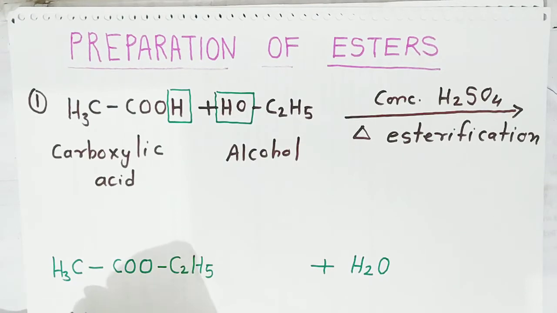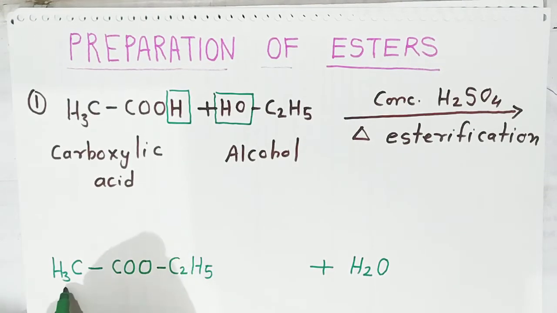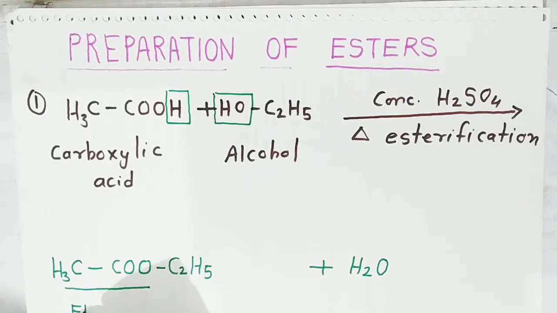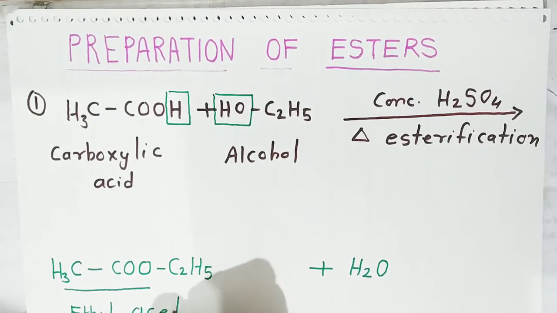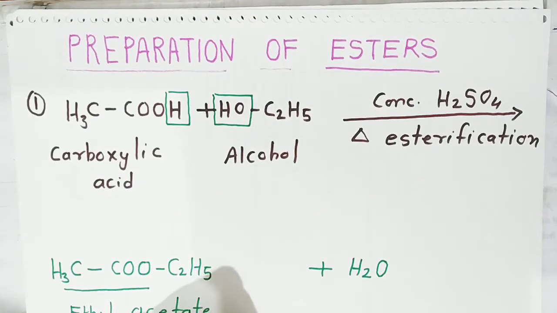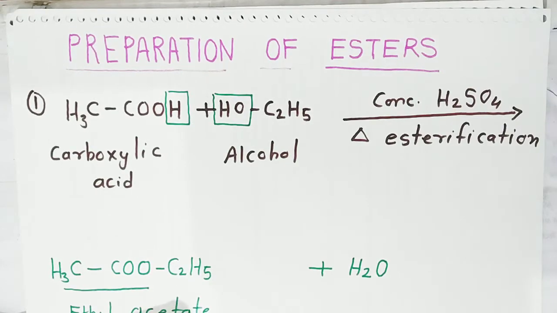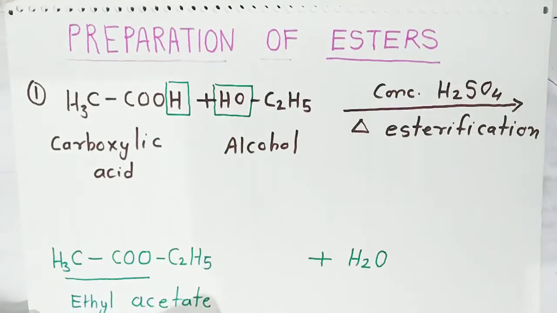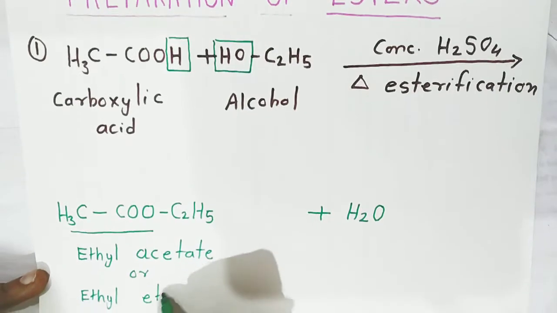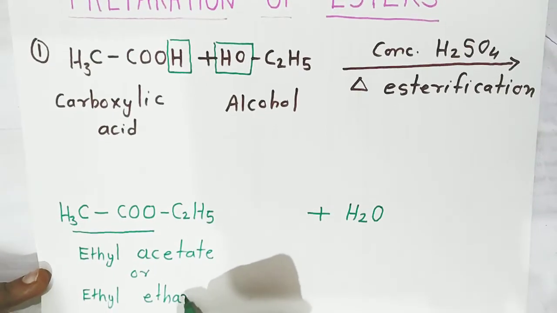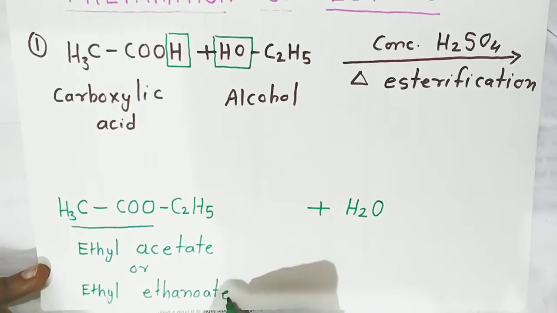The name of this ester is ethyl. We are naming from here. This is the acetate group, and here it is ethyl. The name of the compound, students: ester is there, but IUPAC name and common name. First I am writing the common name, that is ethyl, then this whole group is called acetate. Or in IUPAC name we call it ethyl ethanoate. Ethyl ethanoate. This ester is a very famous ester, students.